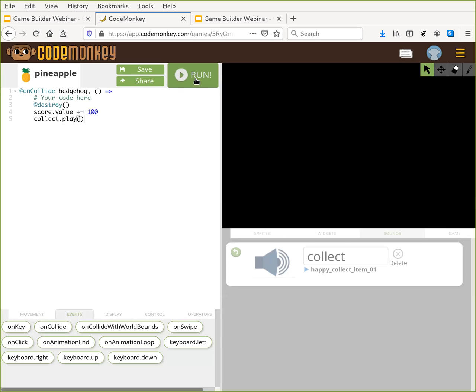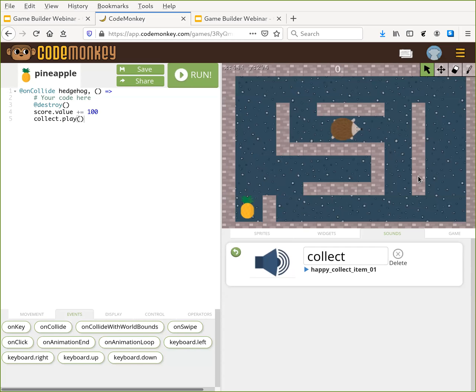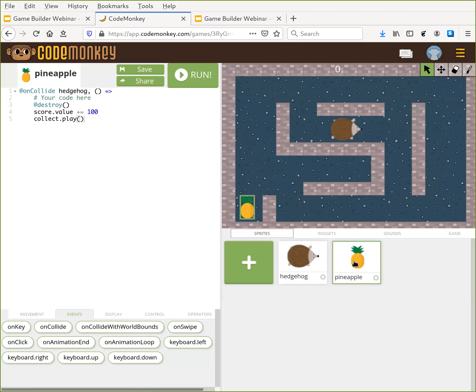The last thing I want to do here is, okay, most games like this, you don't just pick up one thing, you pick up lots of things. We're going to add some more pineapples around the screen. And to do that, well, we might have to do these steps all over again, but actually there's a shortcut. We go to Sprites and select our pineapple and click on this little gear here.